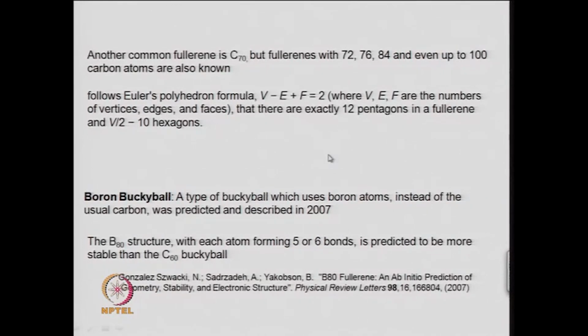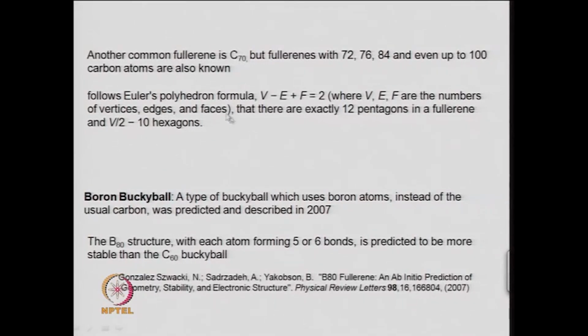Always you will have 12 pentagons, the hexagons will change and that number will be equal to V by 2 minus 10, where V is the number of vertices. So, this is given by Euler's polyhedron formula. So, if you have C82, if you have 82 vertices, then you need to know how many edges are there